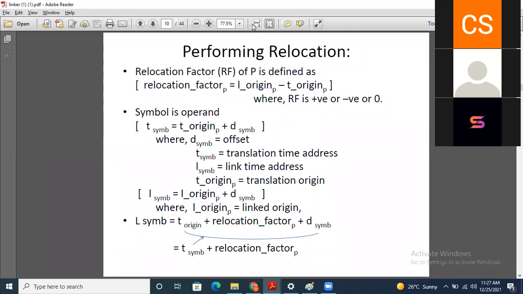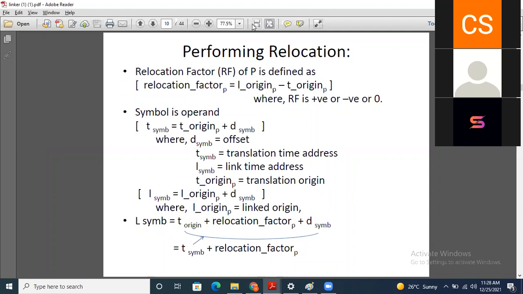Second thing is if the symbol is an operand, then how to calculate the address for that symbol. T sim equals T origin plus D sim. D sim is nothing but the displacement, the offset.